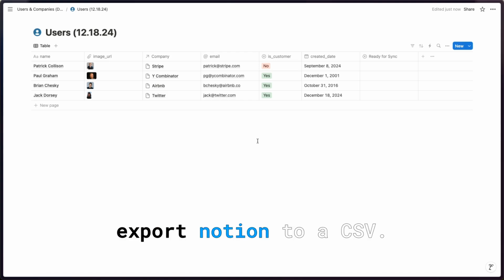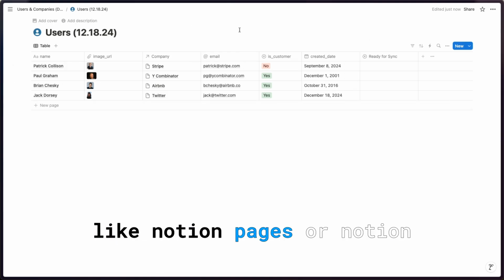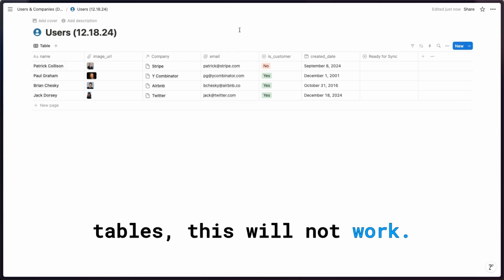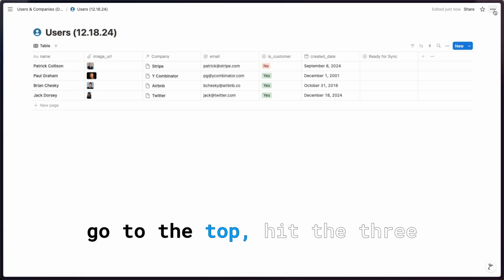Here's how you can export Notion to a CSV. The first step is to make sure that your data is in a database. If you're using anything else like Notion Pages or Notion Tables, this will not work. But if your Notion data is in a database, you can simply go to the top, hit the three little